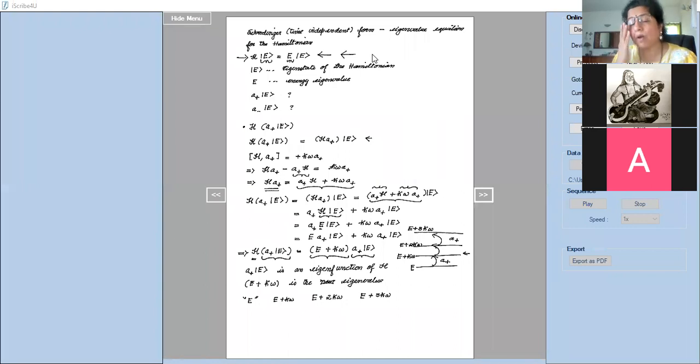So since this A plus is helping you move up in the energy levels, it is called a raising operator. I told you I will justify this term raising operator. It's a ladder operator which only makes you go up. So it is a raising operator. Let me write it down here. It's a raising operator. But remember, it is solving the equation,